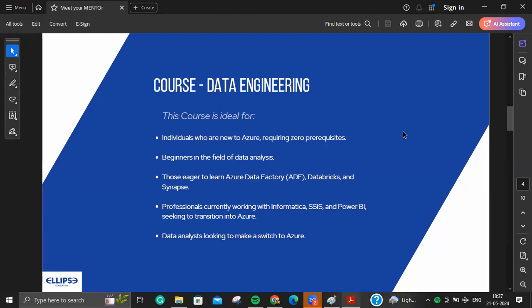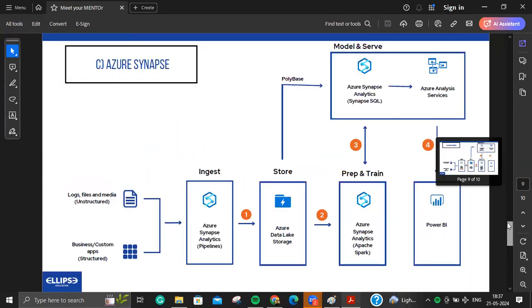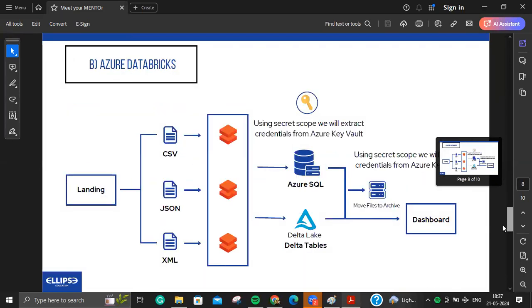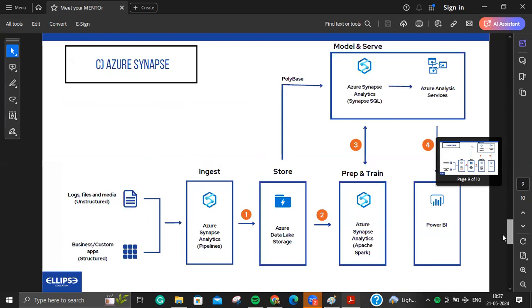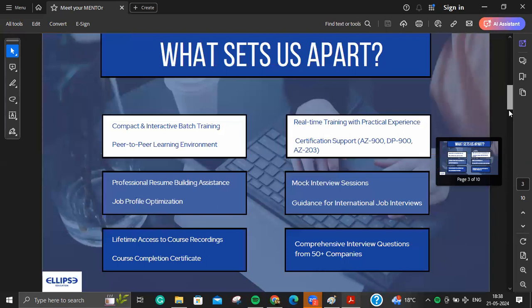Also after doing this course you will be able to write the three projects which I have shown here into your resume, and then you will find a job. I will also give you interview questions and all those things, because I take multiple interviews and my students are giving interviews. So I will give you all sorts of interview questions at the end of the course. So this is how the course will go.